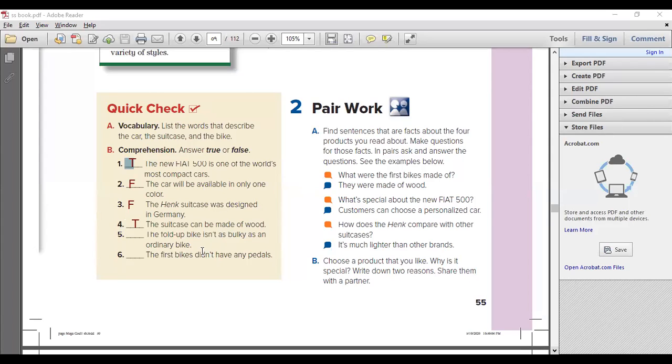The fold-up bike isn't as bulky as an ordinary bike. True. Yes, it is true. Thank you. And number six, Dania. Is it true? The first bikes did not have any pedals. True? Yes, it is true.